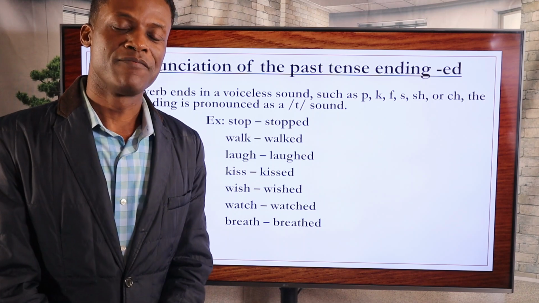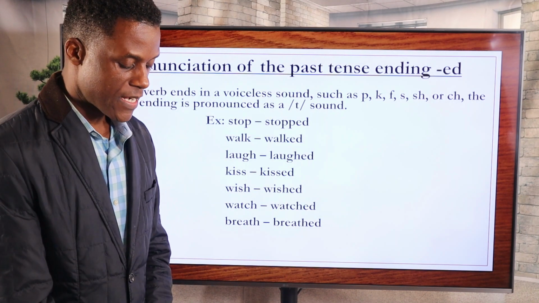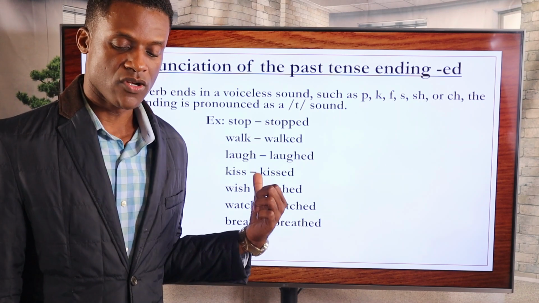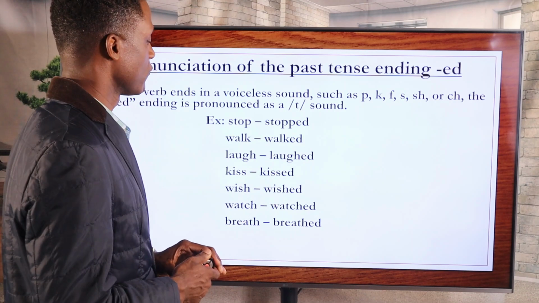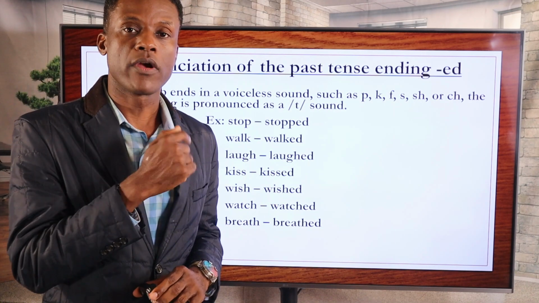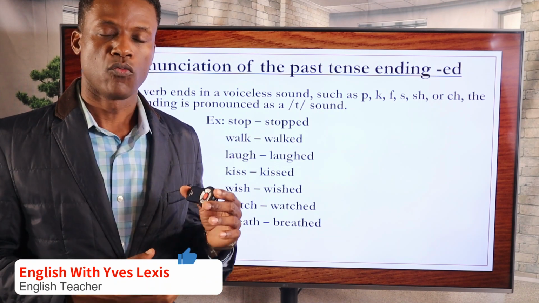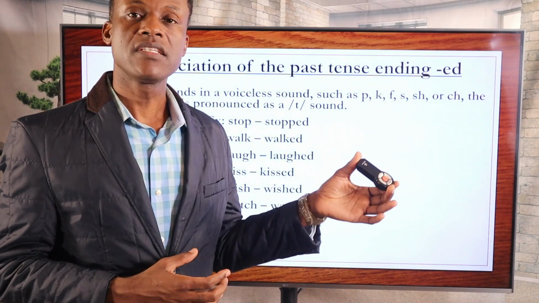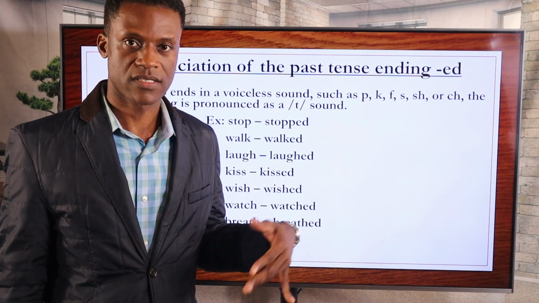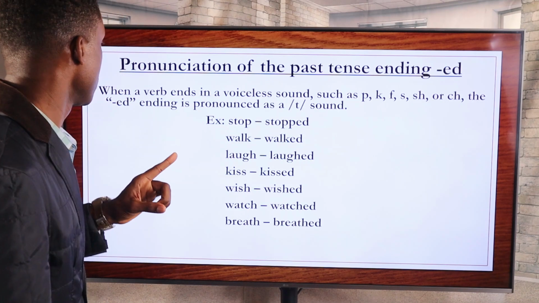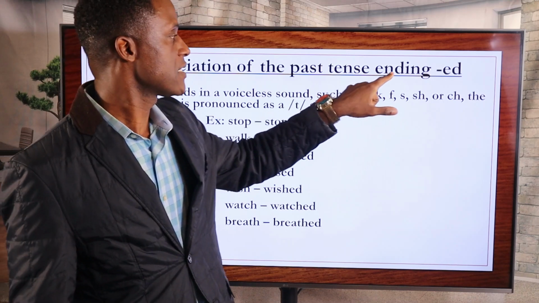Now here's where things get very interesting, and that's what we're going to be talking about. We're going to do a little bit of phonetics in this lesson, okay? We're still working on regular verbs, but we're going to learn how to pronounce when we have a T sound, when we have a D sound, and when we have an id sound. We're going to touch on that. Let's look at that. So this is called pronunciation of the past tense ending